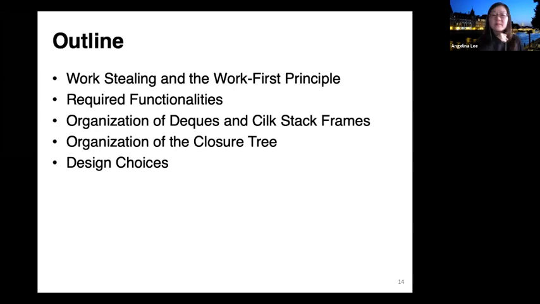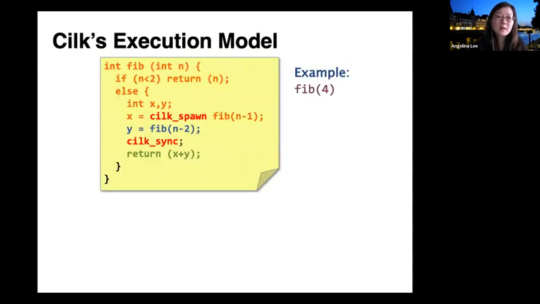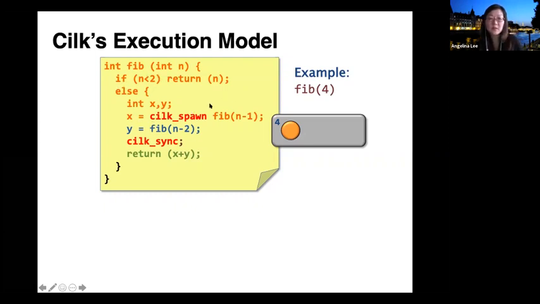All right. So now, before we dive into the organization of the various runtime data structures, let me talk a little bit about the required functionality that the runtime system, or the platform overall, needs to support. I believe you have also seen this picture where you're executing a parallel fib computation, say fib of 4, where I'm color coding the code. Each color corresponds to a strand, a sequence of instructions that must execute on one core, which doesn't contain any parallel construct.